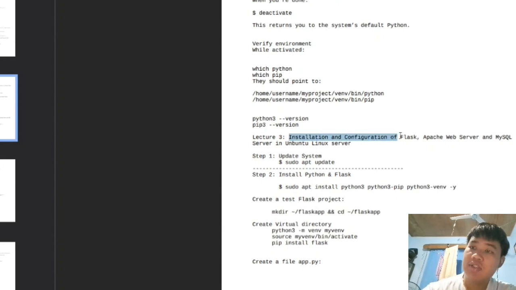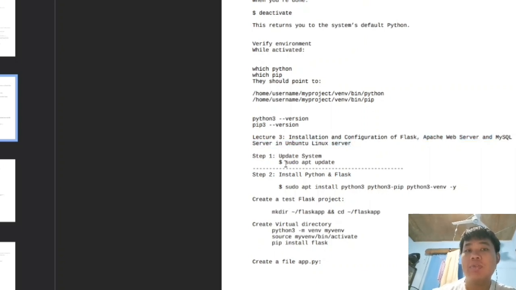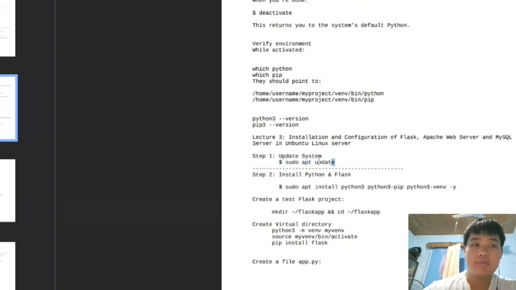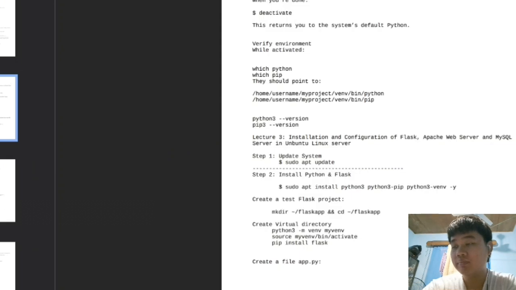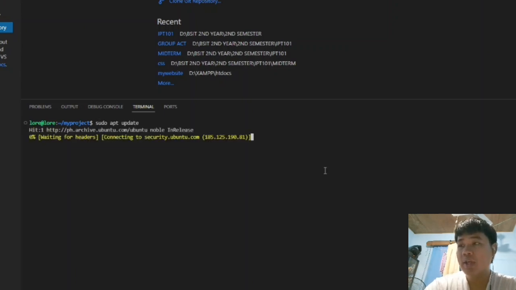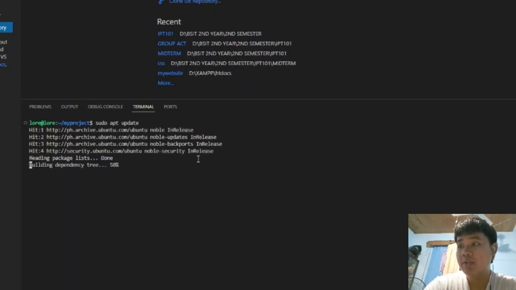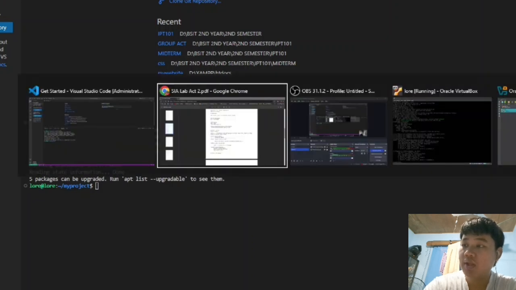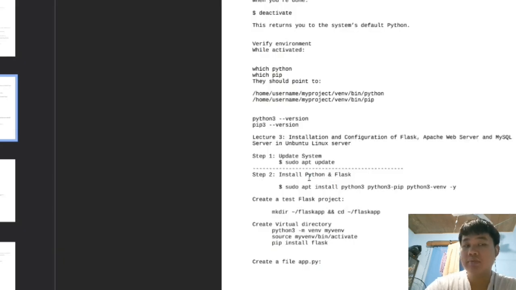Now it's the installation and configuration of Flask, Apache Web Server, and MySQL Server in Ubuntu Linux Server. First, we need to update the system. Just type sudo apt update again, and then we just have to wait till it's updated.